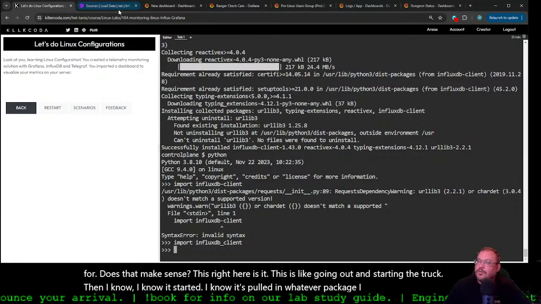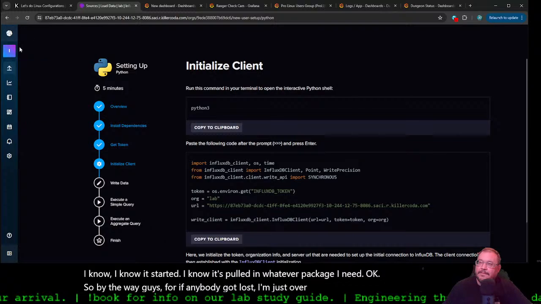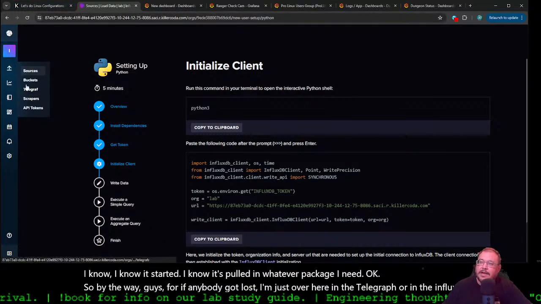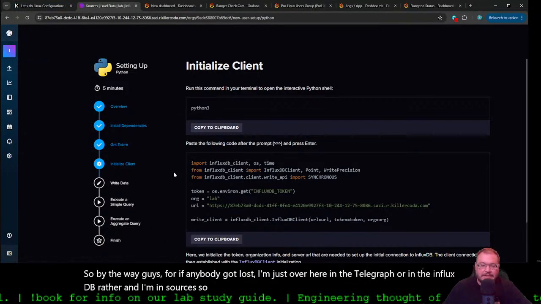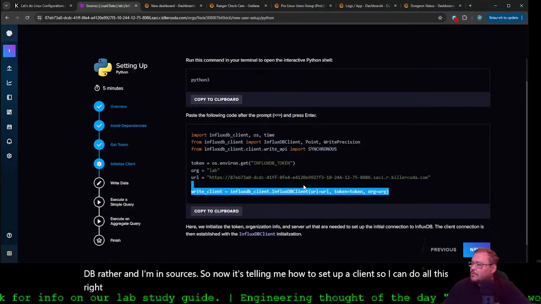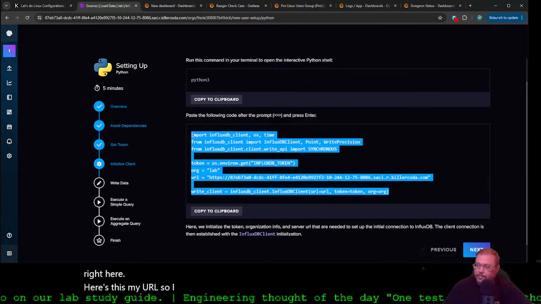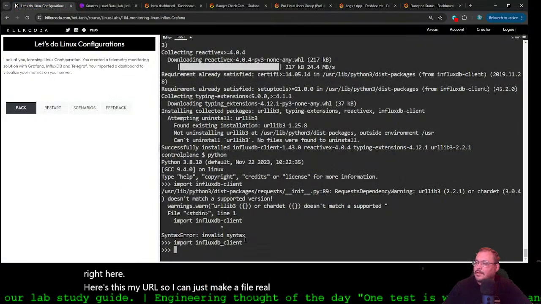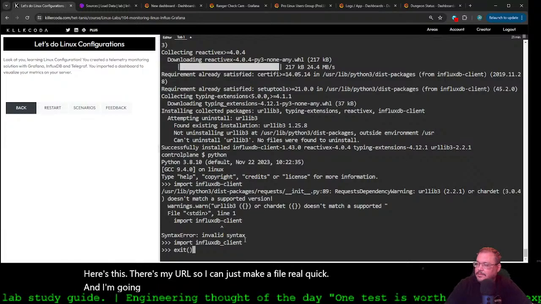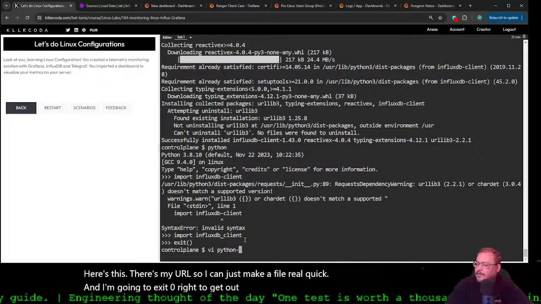Okay. So, by the way, guys, if anybody got lost, I'm over here in InfluxDB, and I'm in sources, so now it's telling me how to set up a client. So I can do all this right here. Here's my URL. So I can just make a file real quick. And I'm going to exit 0 to get out. vi, python... I don't know.